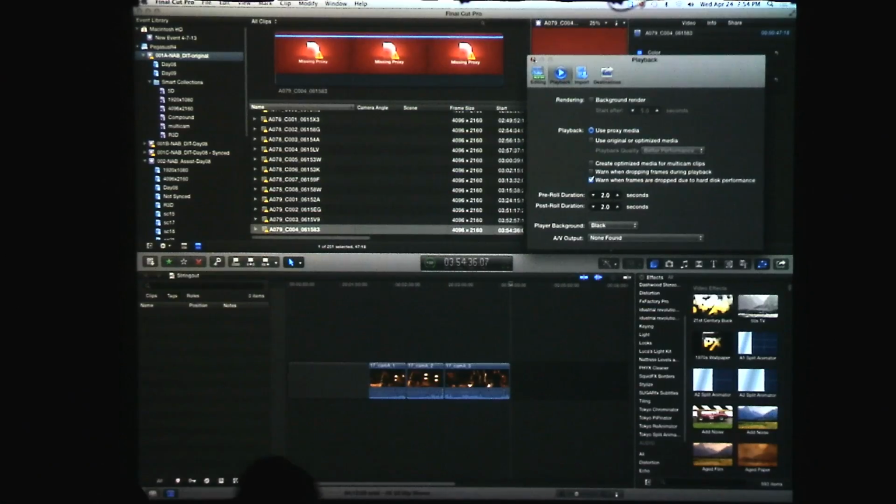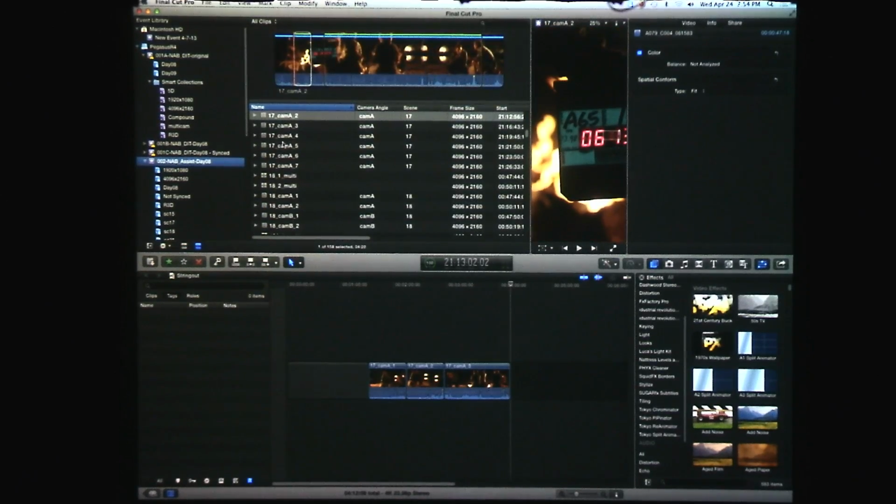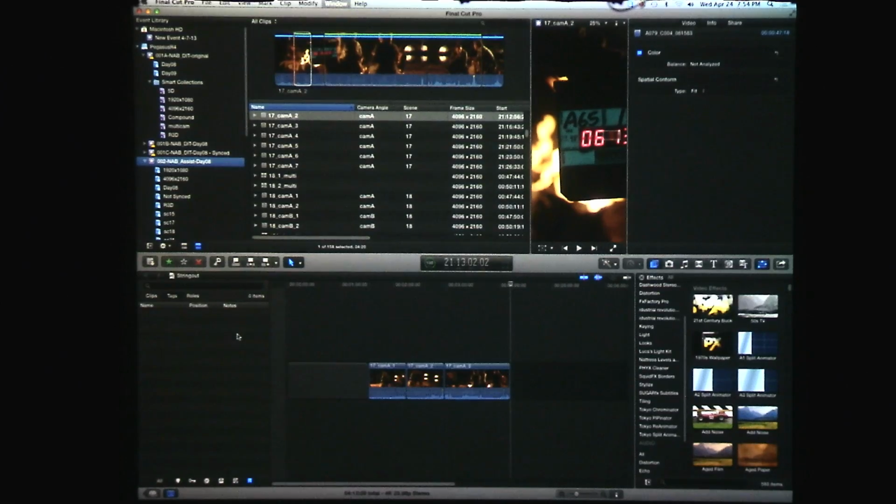So basically, when I switch out of here and I come into this event where I've actually created proxy media, I now have offline versions of all of my R3D footage to cut offline with. So at the end of the day, when the assistant editor's done, they just let this transcode overnight. The next day, you have proxies that are always going to reference your R3D footage. And for instance, when I step into the edit here,